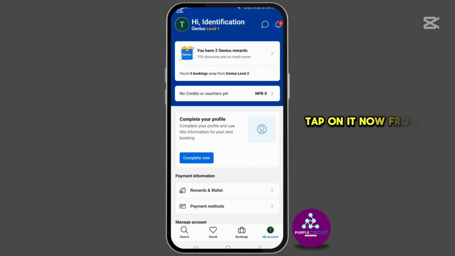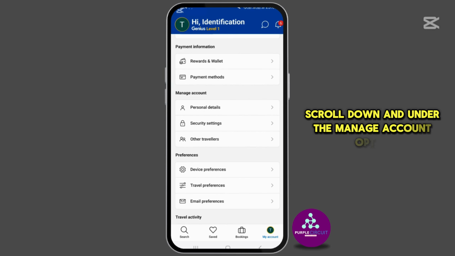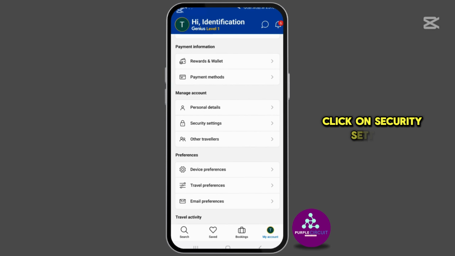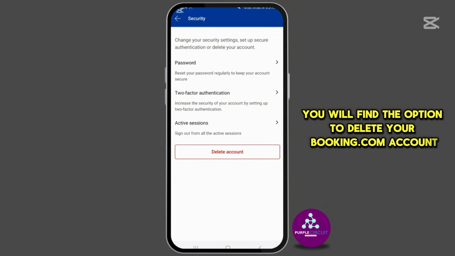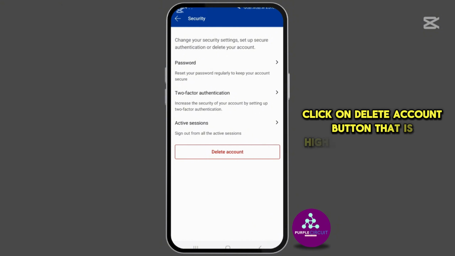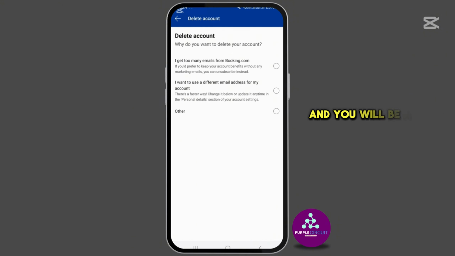Tap on it. Now from the settings page, scroll down and under the Manage Account option, click on Security Settings. Click on it. At the bottom, you will find the option to delete your booking.com account. Click on the Delete Account button that is highlighted in red color, and you will be asked why you want to